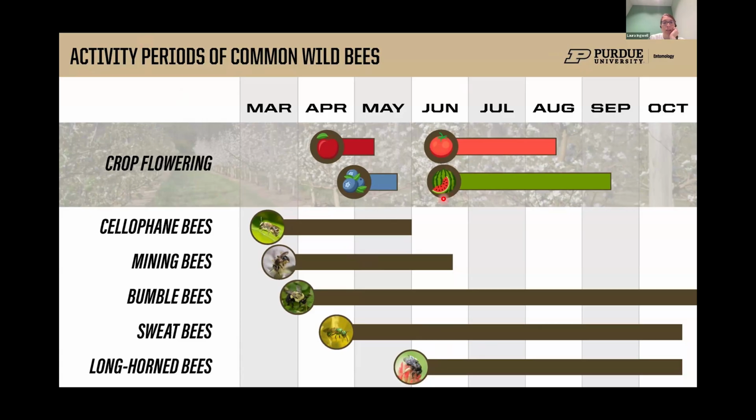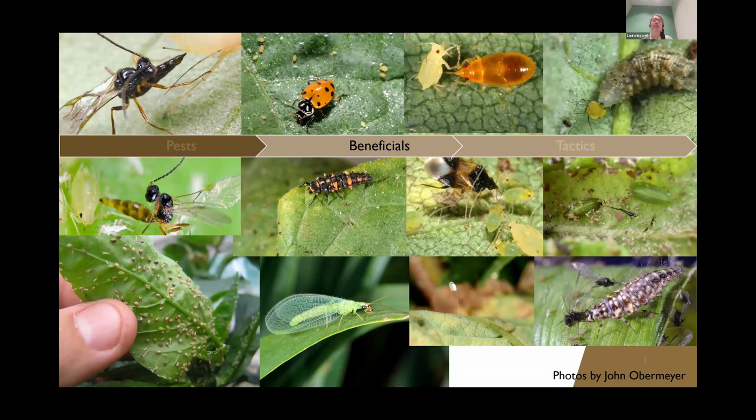And for watermelons or our later season crops, we're really talking about bumblebees, sweat bees, and the longhorn bees that are out during our cucurbit flowering time. So in addition to pollinators, we have a lot of natural enemies that are present and very good at helping to control some of our pests. So if we return back to aphids, there's a very diverse group of natural enemies that